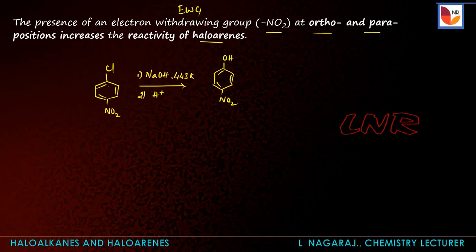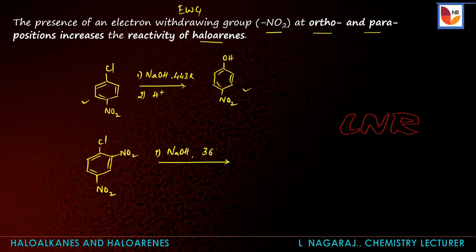So it is para nitrochlorobenzene and it is para nitrophenol. And with the increase in the number of electron withdrawing groups, that is one nitro group at ortho position and one nitro group at para position, the reaction is, that is ortho para dinitrochlorobenzene reacts with aqueous sodium hydroxide, and the temperature